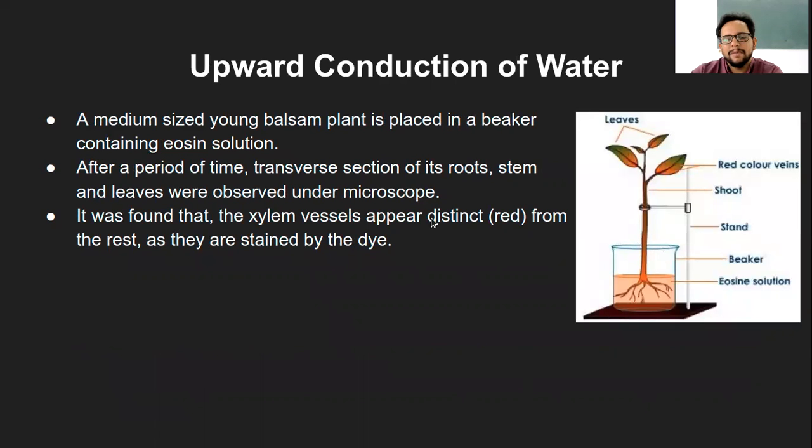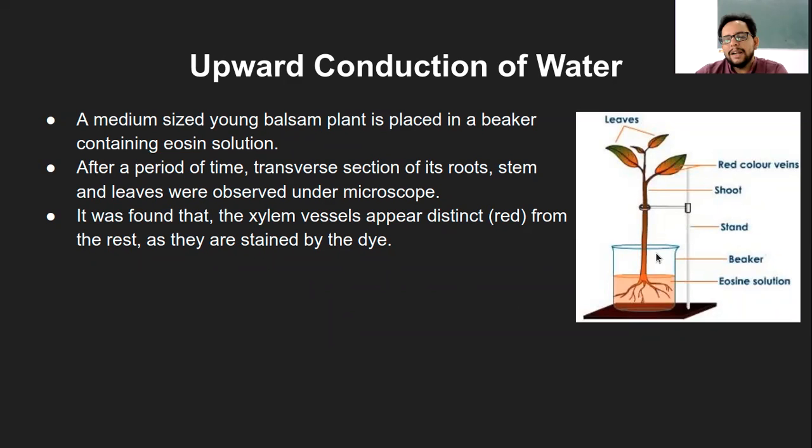only because xylem is the first one to get red color, because this eosin solution is moving through the xylem upward. So that will obviously get stained, but it will also stain some other tissues which are in the nearby vicinity. That is because the radial conduction of water also keeps on happening slowly, right? Though it may not reach the farther cells from the xylem, but surely the nearby cells can have that radial conduction of the water.